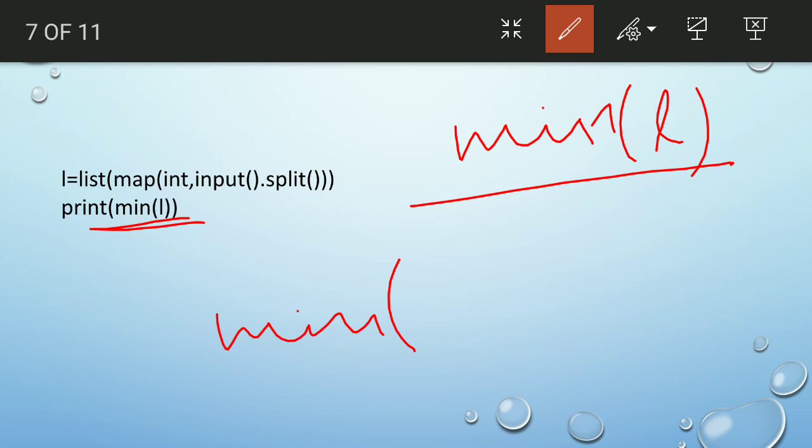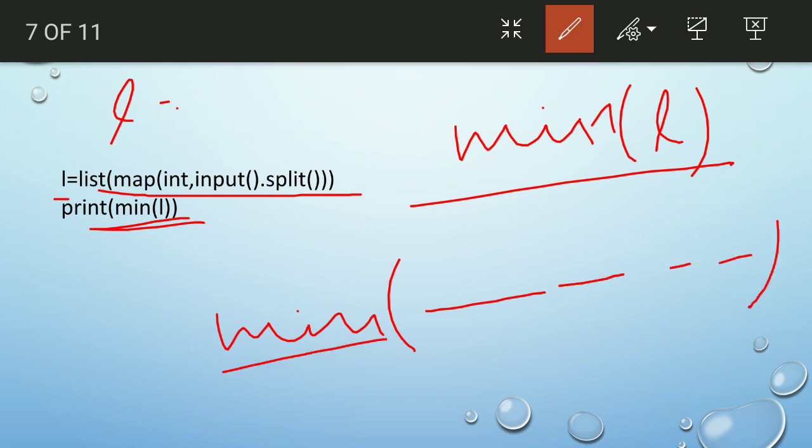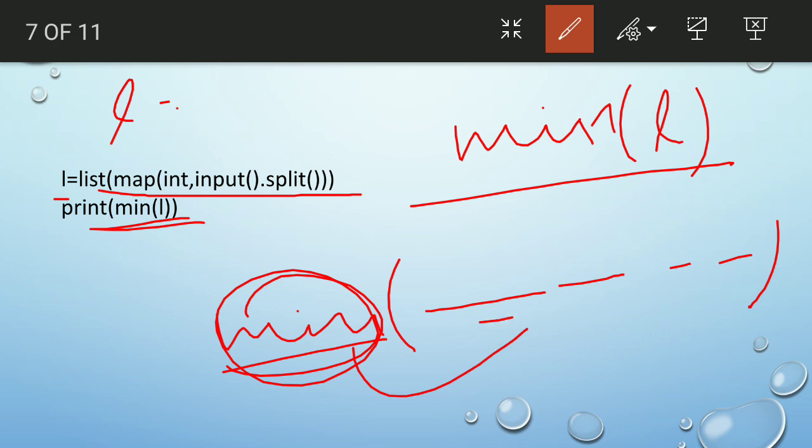So min of L will take all the list elements. We have taken the split: L is equal to list of map of int comma input dot split. L contains all the elements in the list, and from there the min function will find the minimum value in the list and print it.